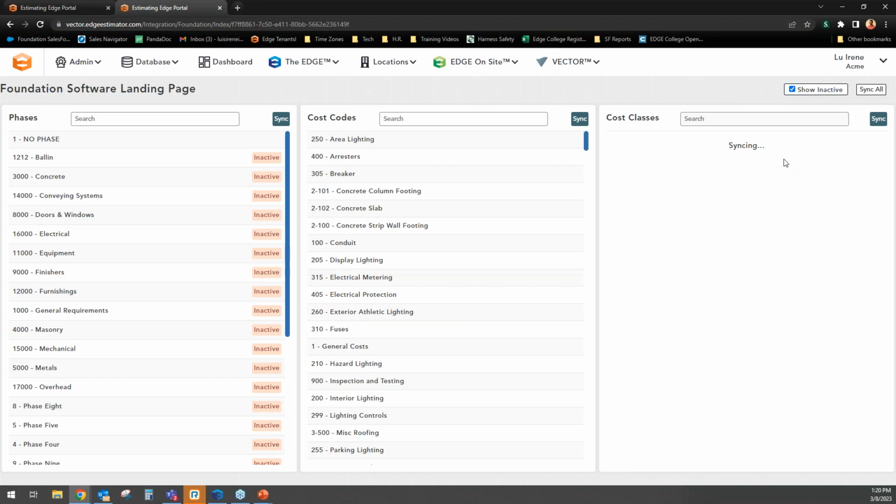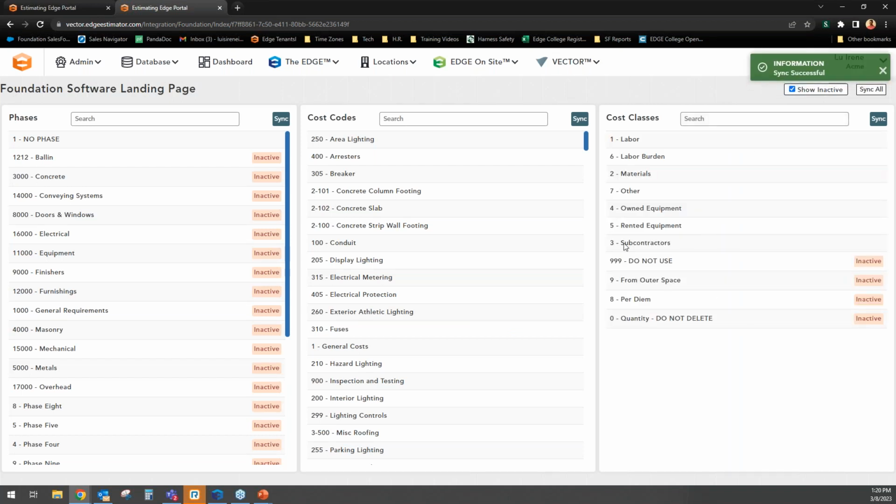And this is going to bring in the cost classes and cost codes so that you can now select these when you're going into each item for material or labor production. Okay,